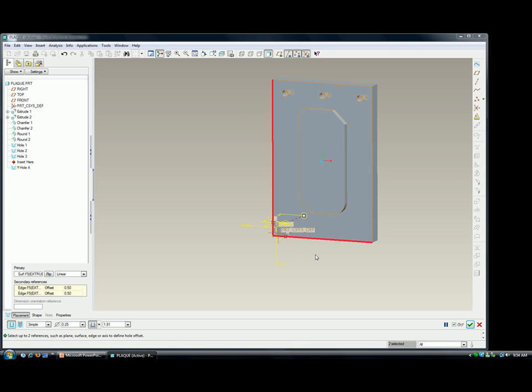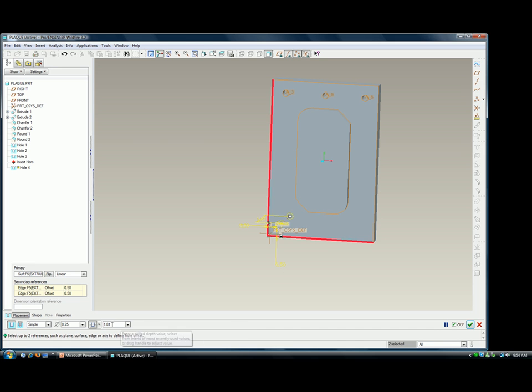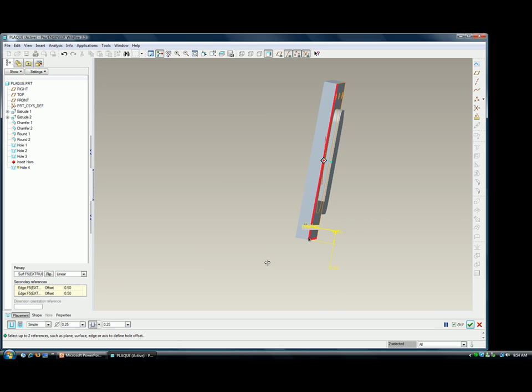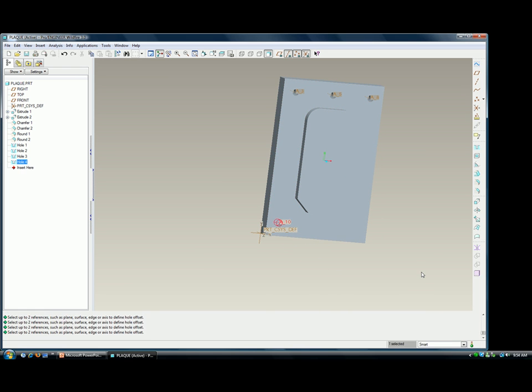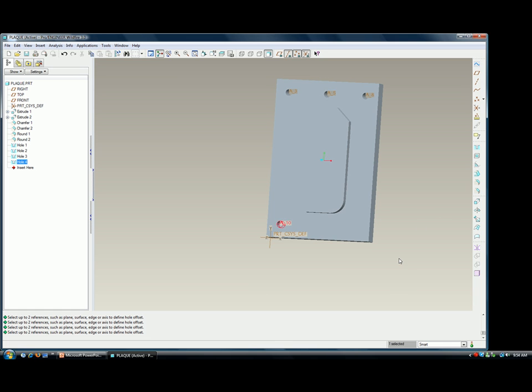Okay, and then the diameter is 0.25, and the depth now is actually the depth here. Okay, specify the exact depth here. It is actually 0.25. Okay, so hit the confirm button, the middle click button. Okay, looks good. Now for the very last hole, so again put it on this surface,